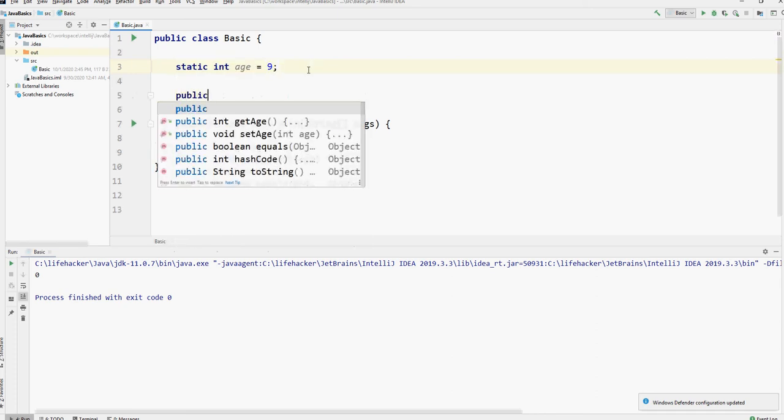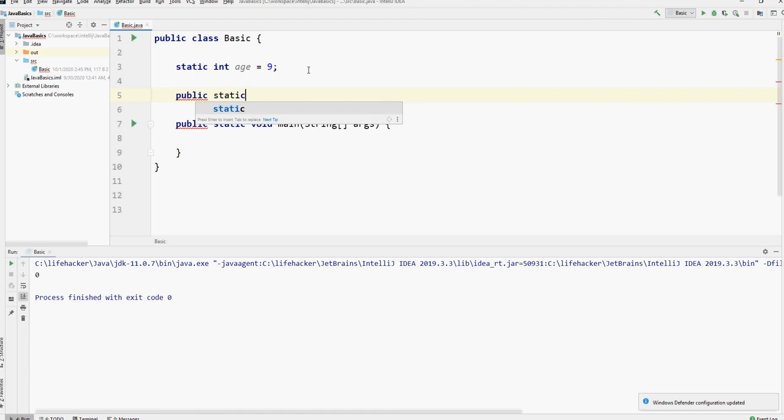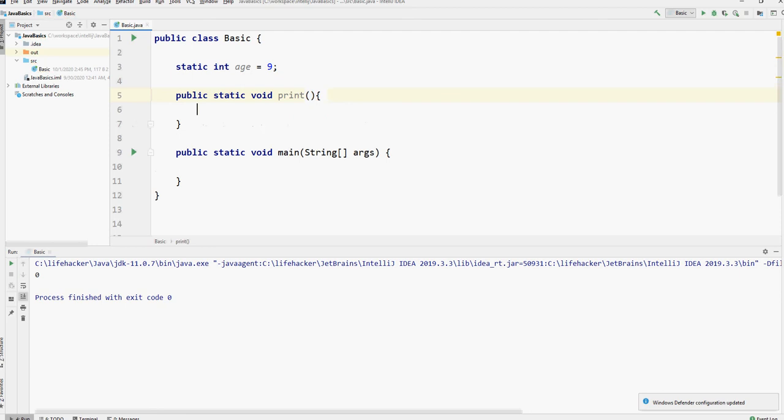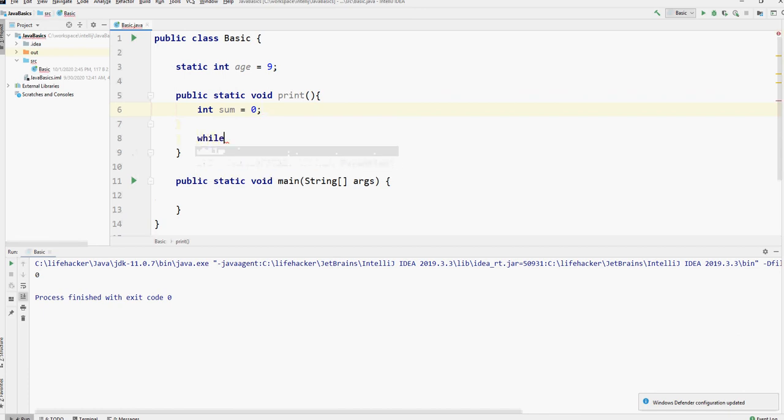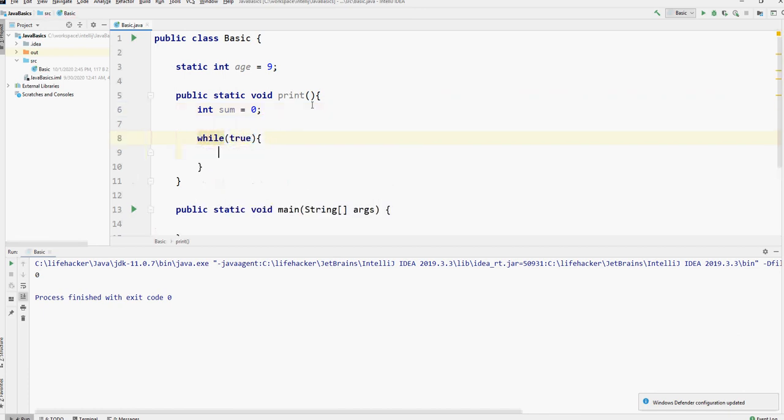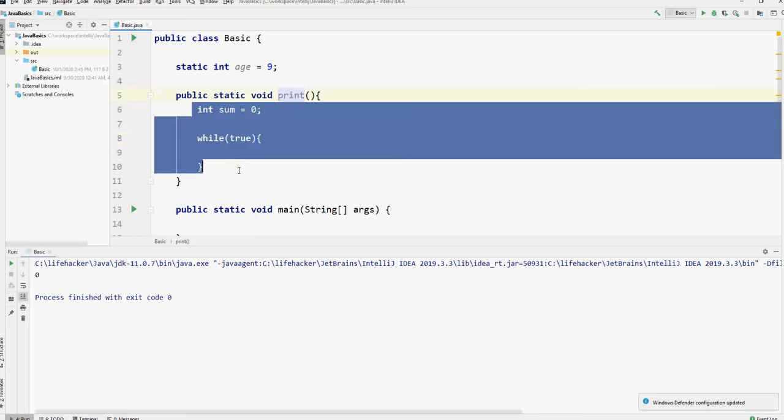If you have something like this, public static void print, and you have int sum equals 0, and you have while true. We see that when you call this function, it will never terminate.